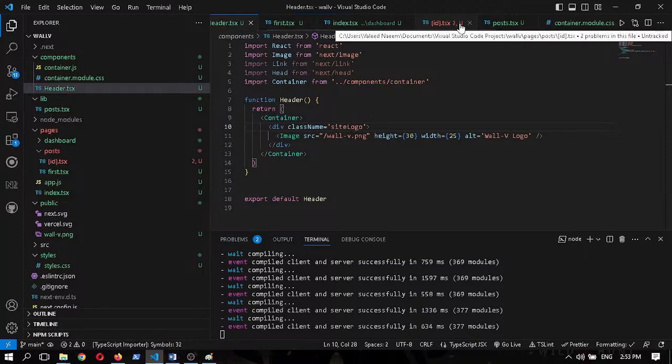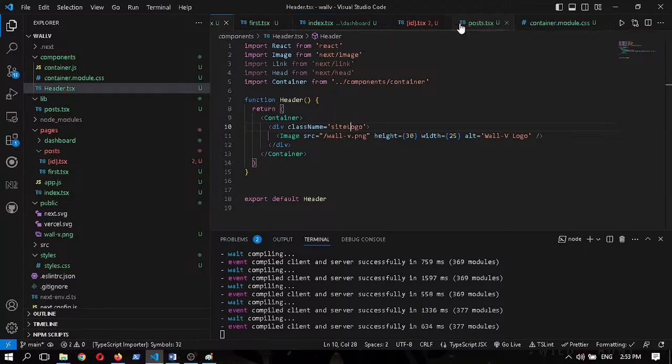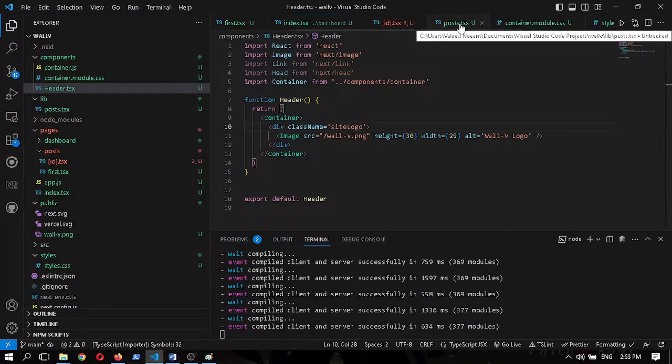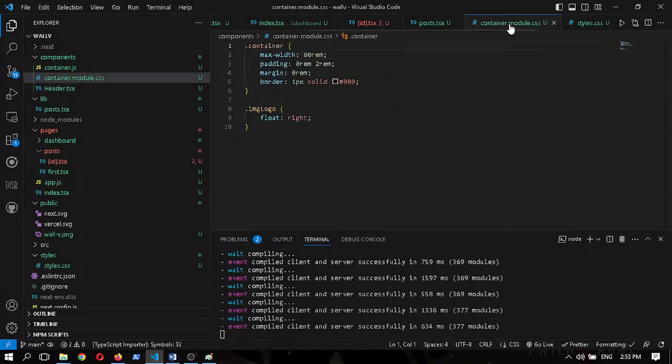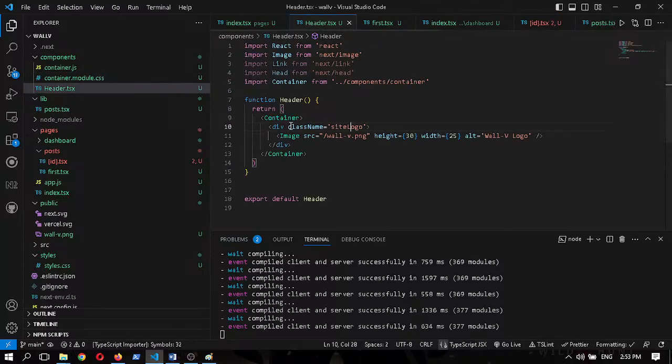And now we will create a class site logo within the container.module.css. Image logo, yes, image logo, control C. This will be the class name, image logo. Okay,